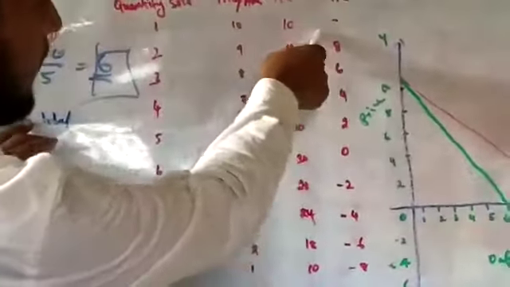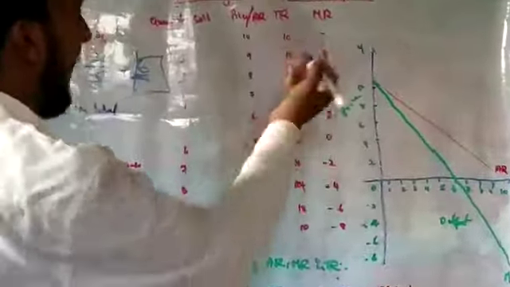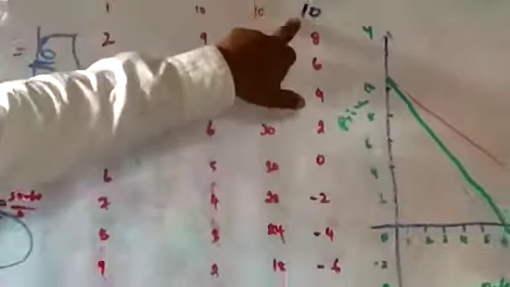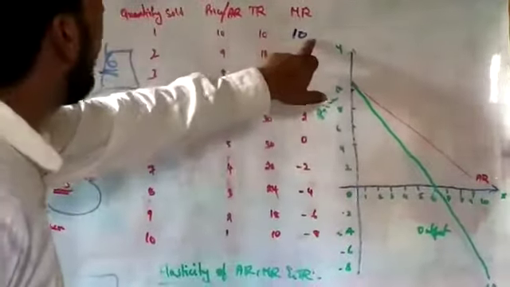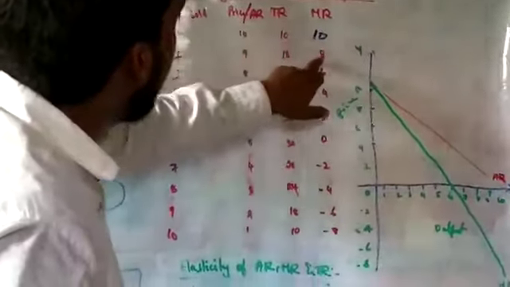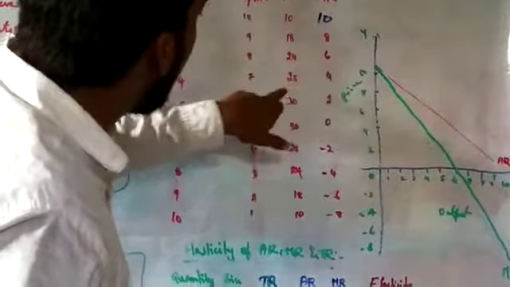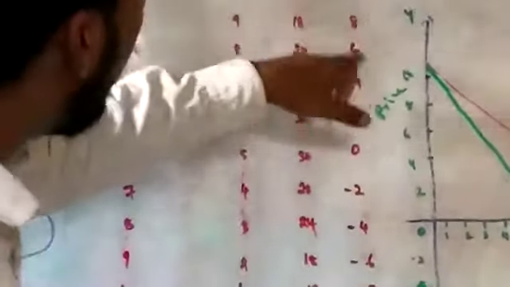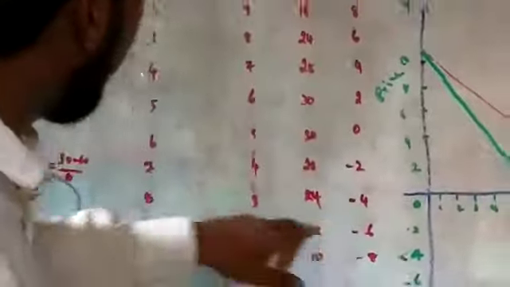Now we'll identify the MR. For the first one it will remain 0. Okay. Or you can have 10 also. If you are having confusion, you can have that 10 also. But it's good that you just mark 0 here. So 10, then 18 minus 10 is 8, 24 minus 18 is 6, so like that way. The lesser value minus the upper value, go one by one and find it out.